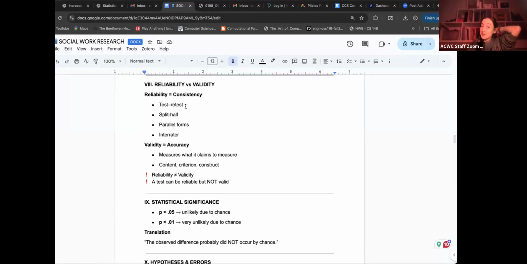Another really easy one is the parallel forms. I've also seen this called equivalent or alternate. So just be aware of that. These are two other words I've seen used quite a bit. And all it means is,